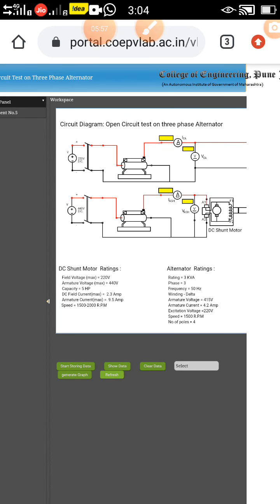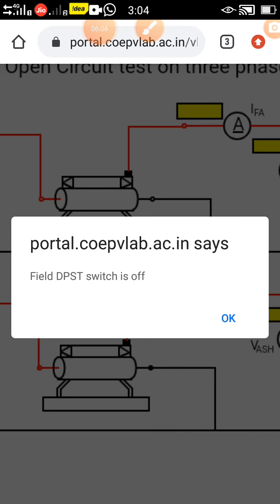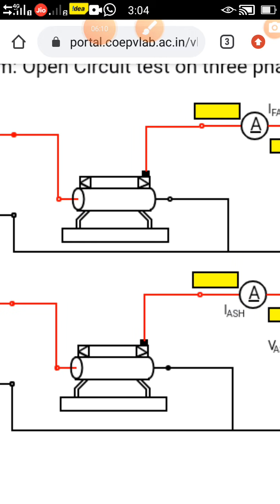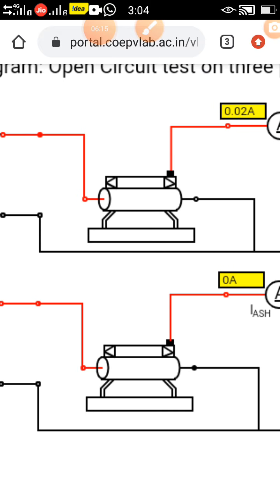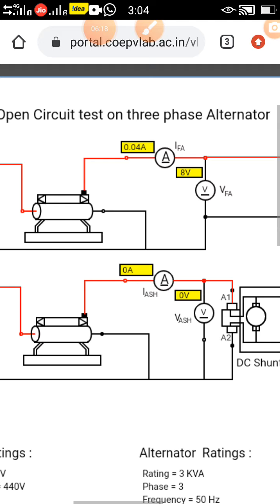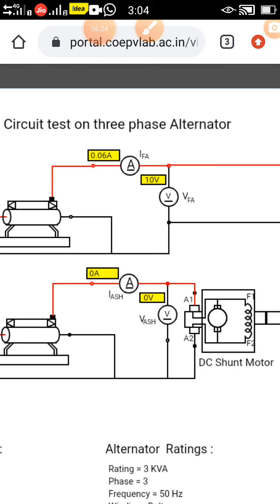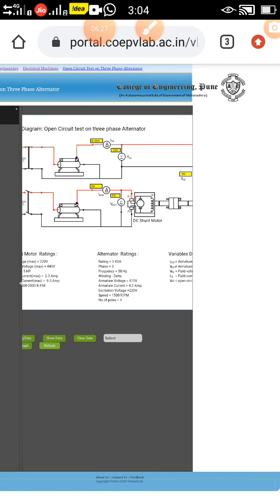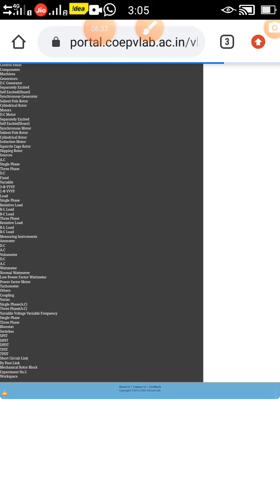To follow the steps, in the first step we want to increase the value of resistance. First of all, the DP switch should be on. So we are clicking on this switch to turn it on and we are increasing the value of resistance. While we are changing the value of resistance, the current is changing. After changing the value of current, similarly we want to continue. This whole procedure is available with us. So please follow each and every step of the procedure while performing experiments in the virtual lab.